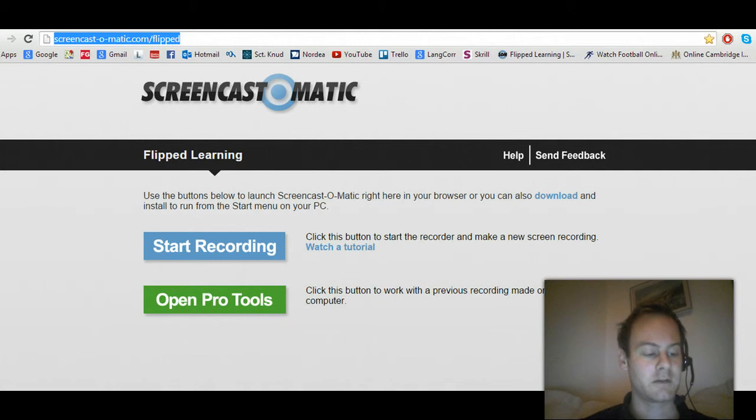I'll start by showing you how Screencast-O-Matic works, and I'll do that by actually using the program. I'm using it right now actually, and then I'll use Screencast-O-Matic to show you how Powtoon works afterwards. But basically,